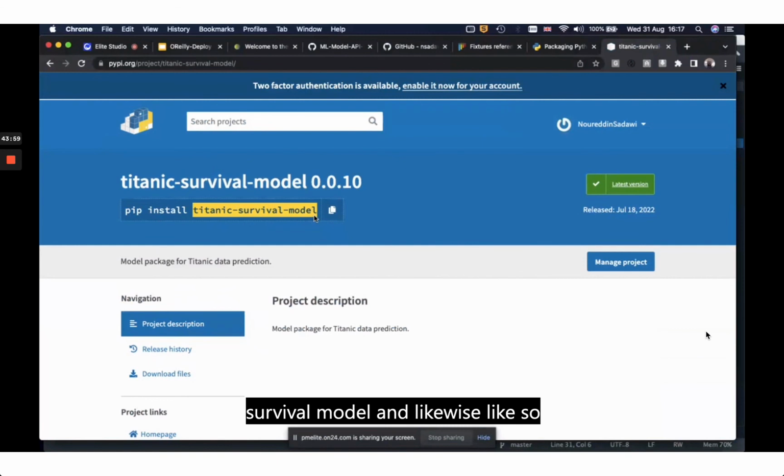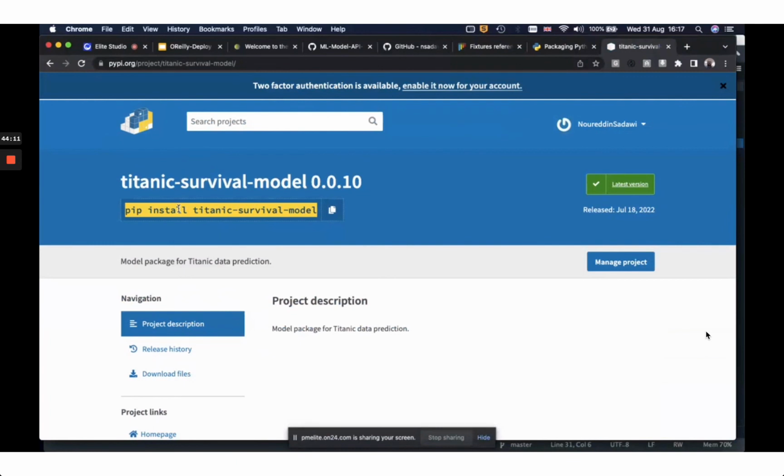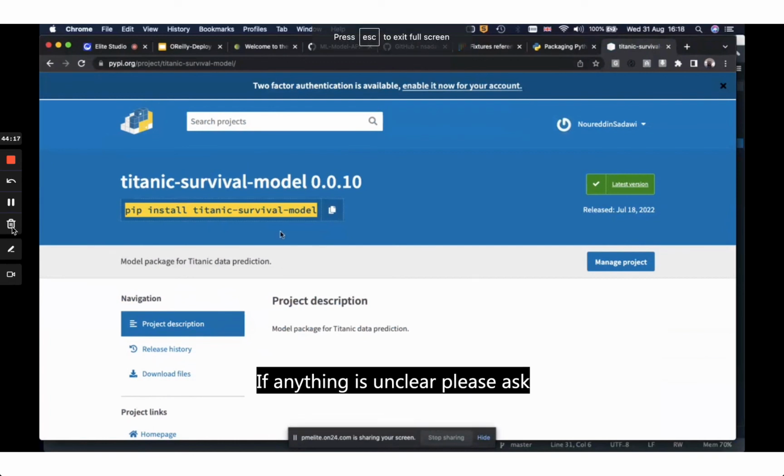And likewise, like so, you can upload your own package to PyPI so that it can be installed via pip. Because we'll need this later on when we create the API for our model. Okay? I hope this part of the training course makes sense. If anything is unclear,